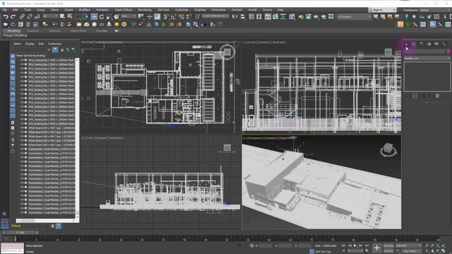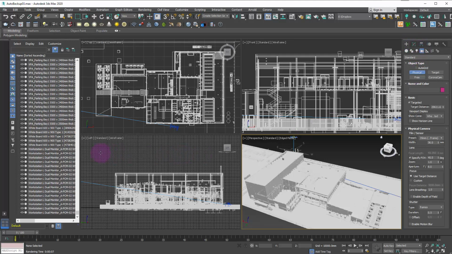Good afternoon, guys. Today I will be showing you how to use a clipping plane to create yourself a floor plan or architectural section look for your renders. There's a couple of different options. The first one that I want to cover is just a general option that you can achieve with any rendering engine in 3D Max, no matter what, and that's by using a camera and just using the clipping planes within